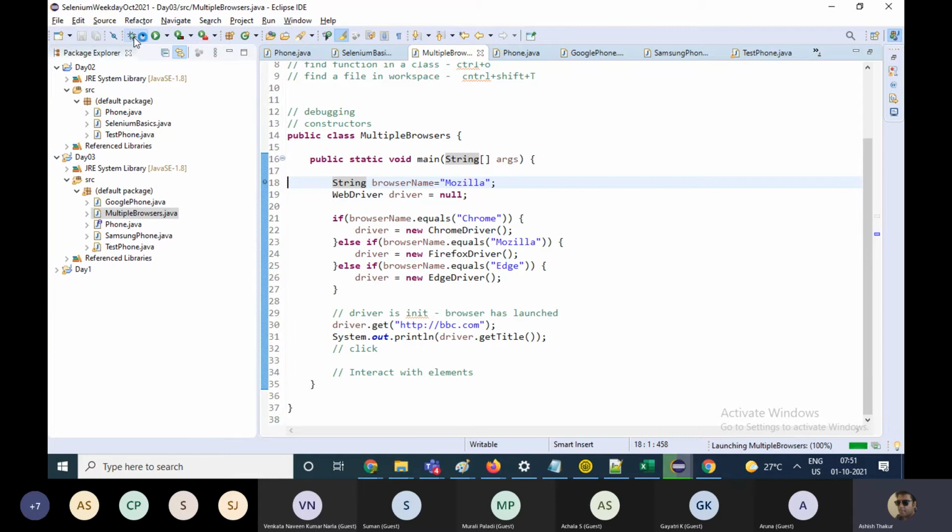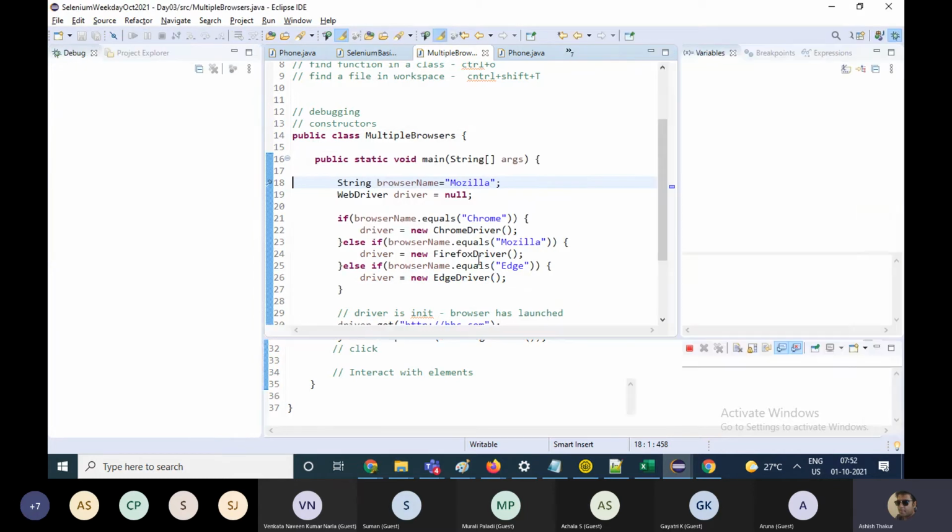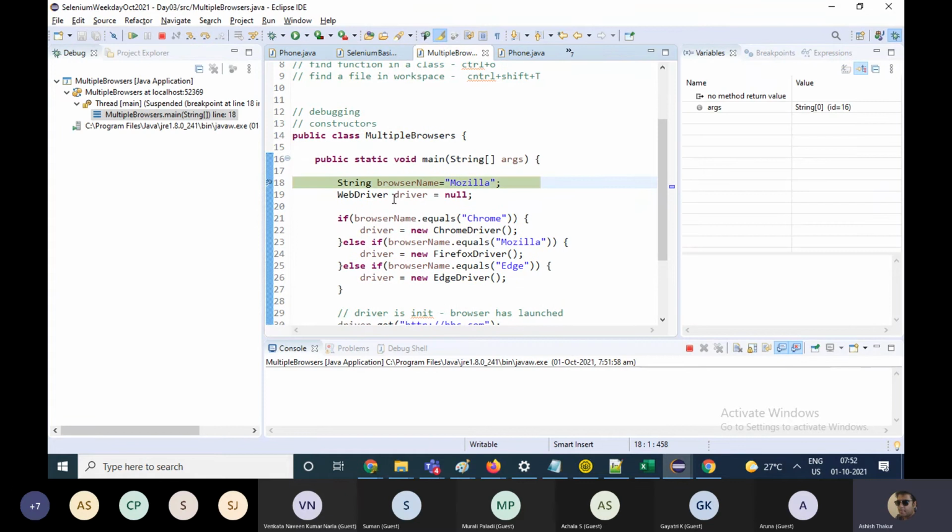You can click on it and run it in debug mode and switch the perspective. You'll see a window like this with a green mark, which means the program has stopped on this line. Then you can run the program line by line by hitting F6 on the keyboard and see where the control is going.